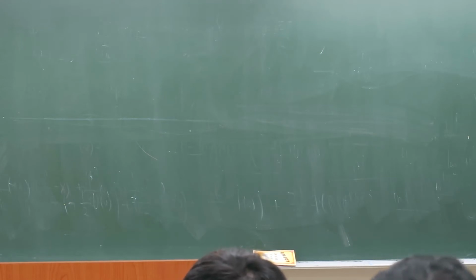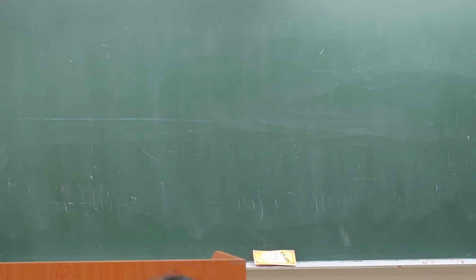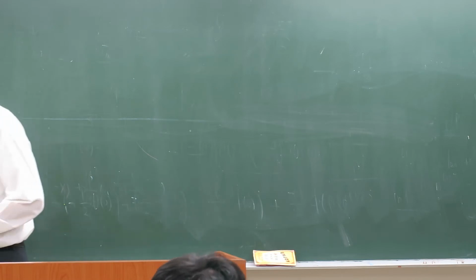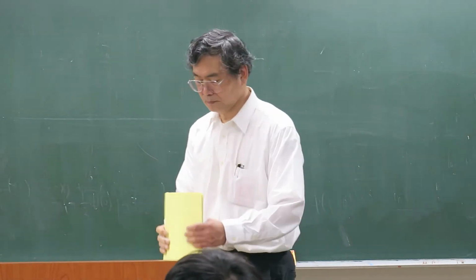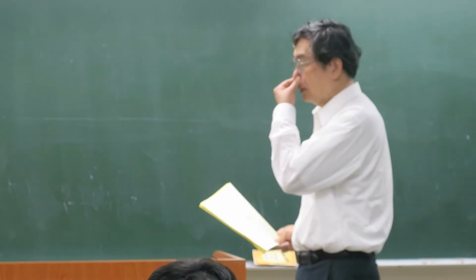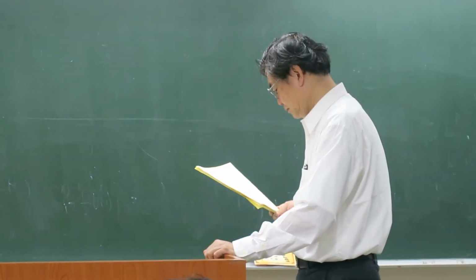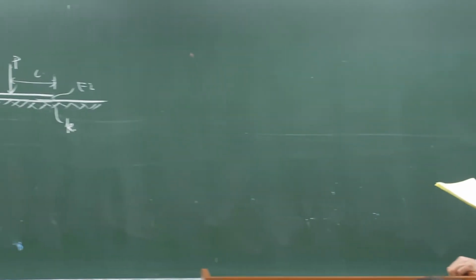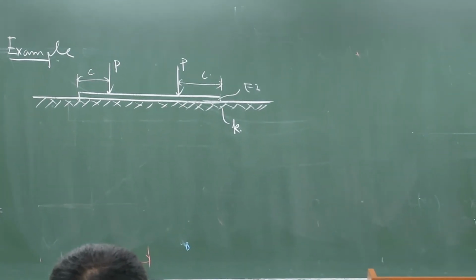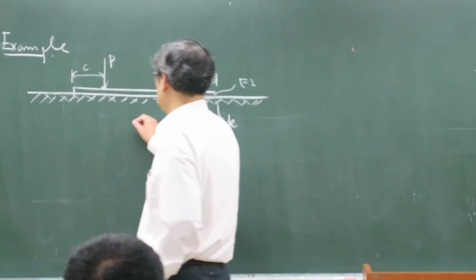Each one has a distance C away from the end, which is I. And so this solution will be the same as the one equal to